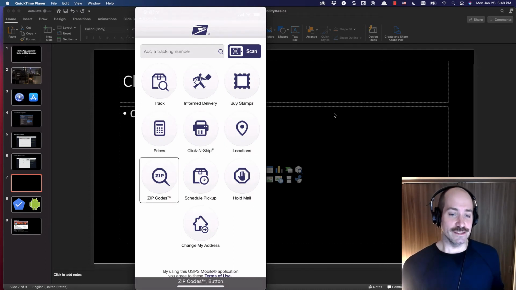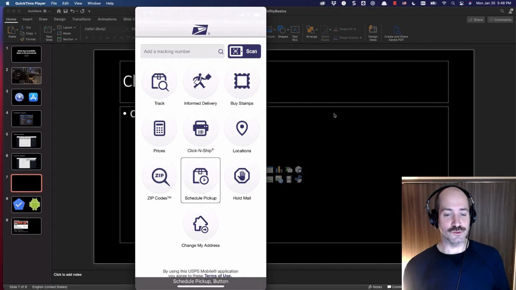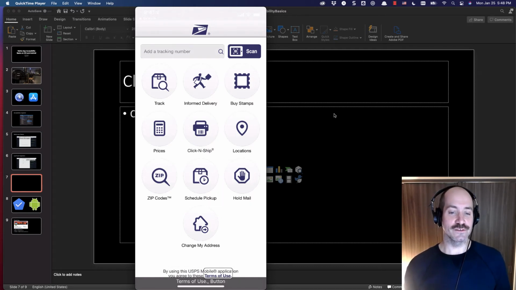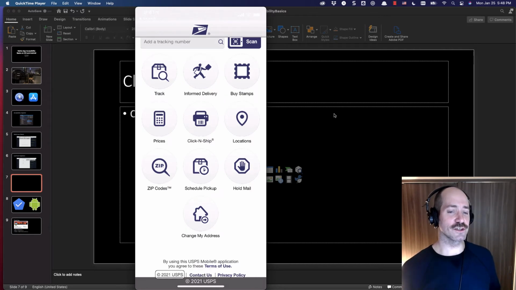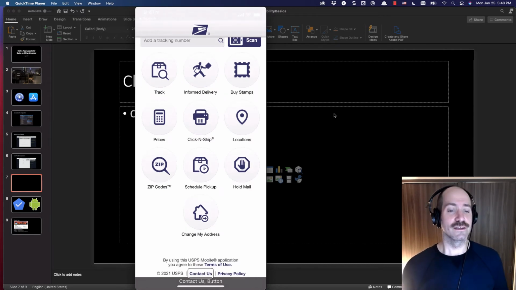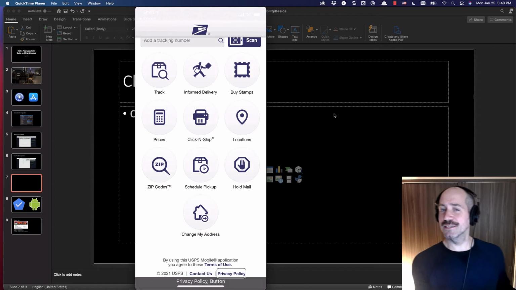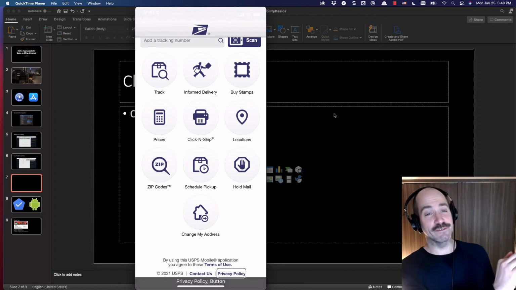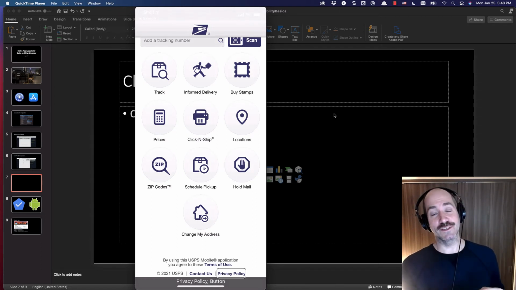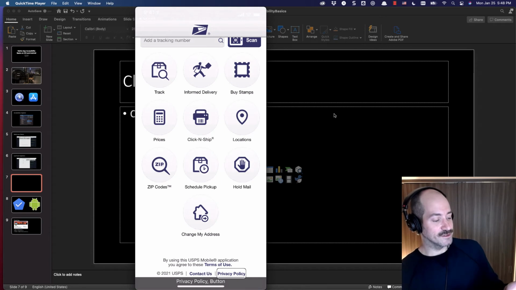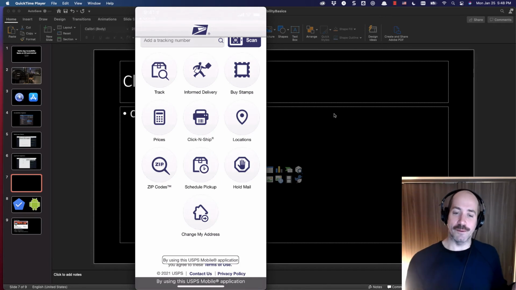So here I see the zip codes button, schedule pickup button, hold mail button, change my address button. By using this UPS mobile application, terms of use, you agree to these. Contact us, privacy policy button. I know I'm going very quickly here, but the idea of this test is you're looking to see if the screen reader is reading everything that we see visually on the screen, and if it's reading it in the correct order. Because I do this a lot, I noticed that while I was reading by using this